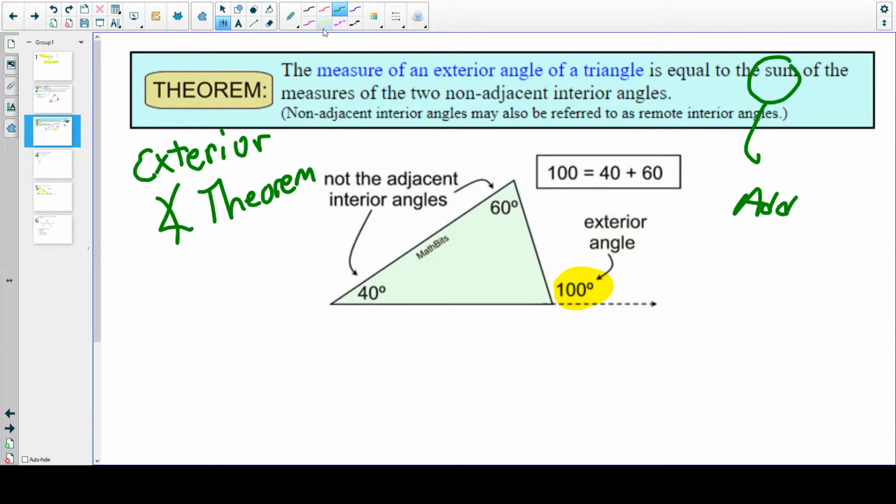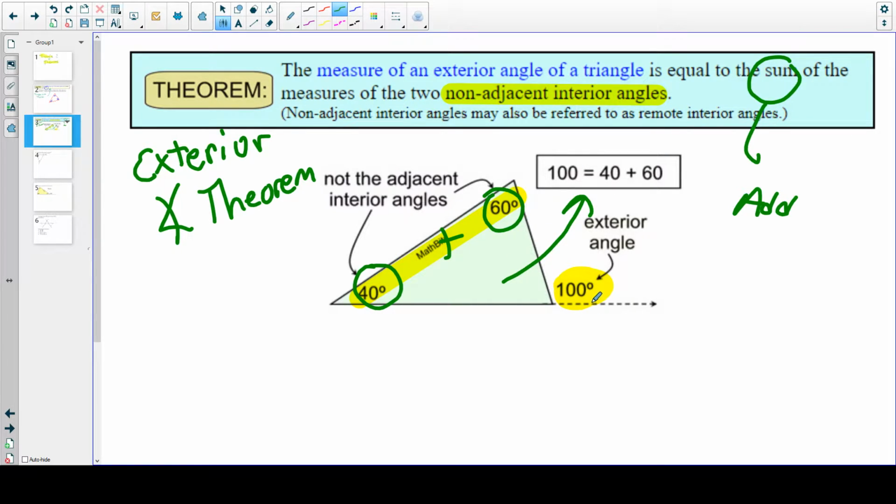The measure of the exterior angle equals the sum of the measure of the two non-adjacent interior angles. In other words, the angles that are inside the triangle that do not touch this angle. And if we want to just check that, 40 plus 60, when you add them together, it equals